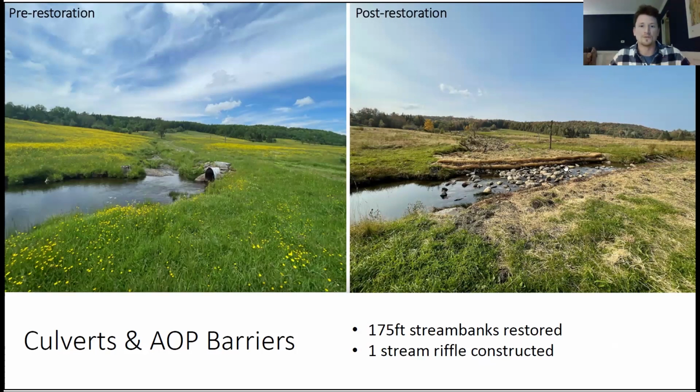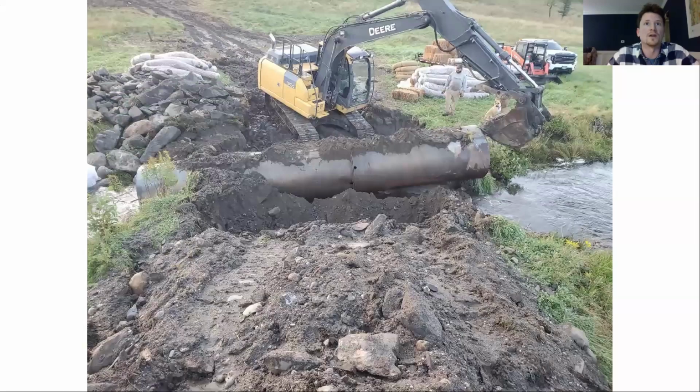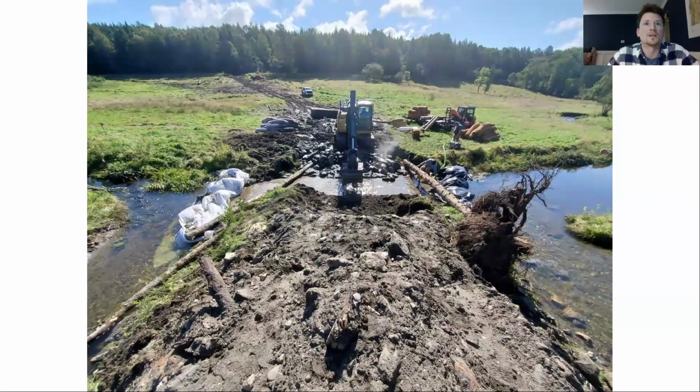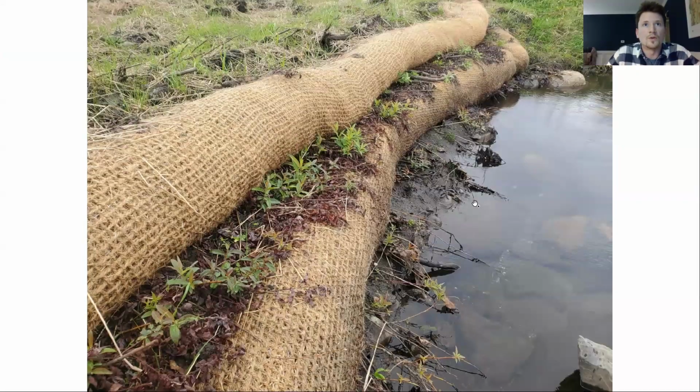But now we have this riffle that allows free passage of fish that isn't going to erode every storm. We've got floodplain that isn't obstructed by the prism of the road crossing, of the stream crossing, which was essentially a barrier and was resulting in a lot of erosive forces because it just impounded so much water. Here's some shots of taking that culvert out. One of the coolest things we found was once we yanked it out, we used some wood to act as grade controls. We brought in native stone that we salvaged out of the barnyard to build this riffle. Can't even see the logs, but they're buried under there, and they key into the bank like 6 feet on each side.